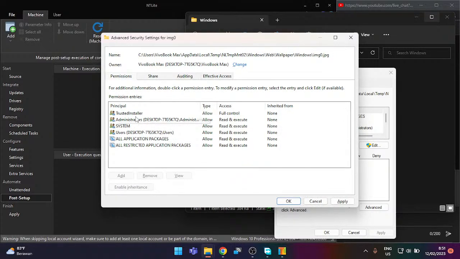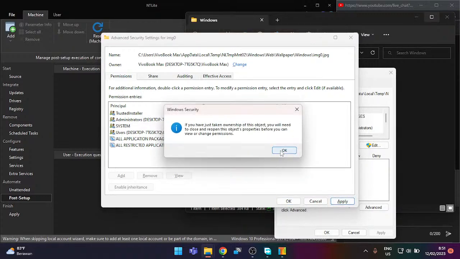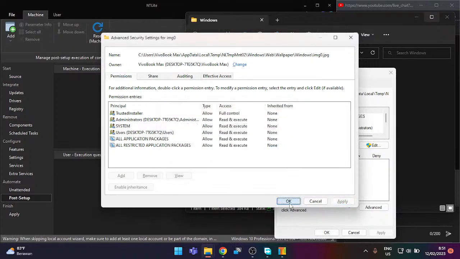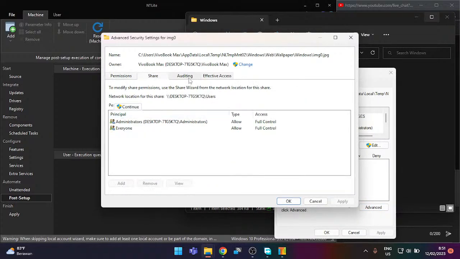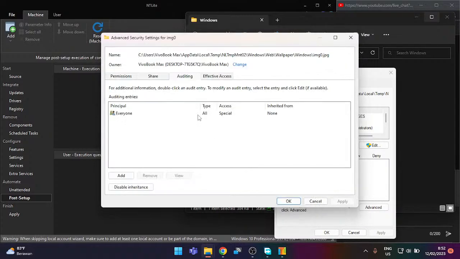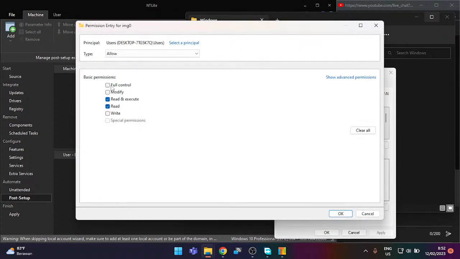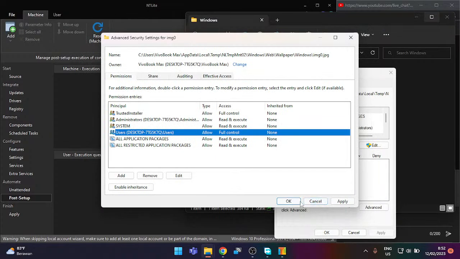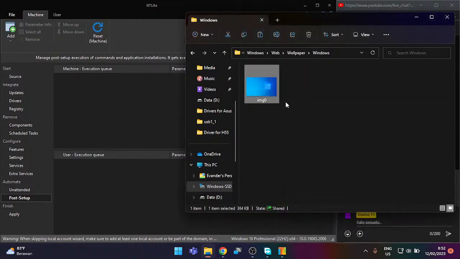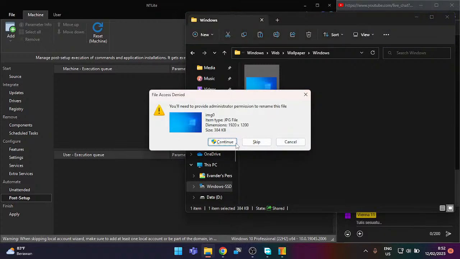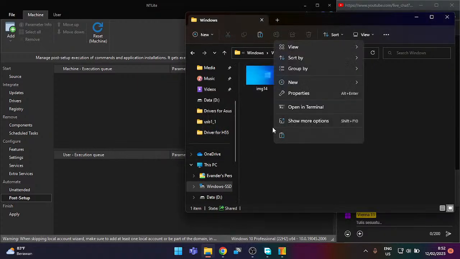Now click apply, and then we're gonna reopen, and then auditing. Actually, no. Let's go to users, full control. Okay. Now we can finally rename this to image 14. Now we paste our